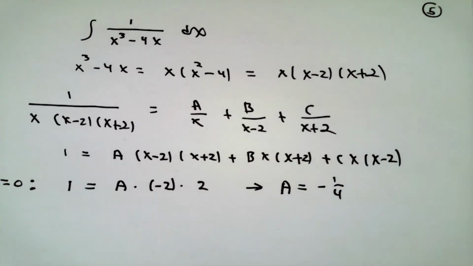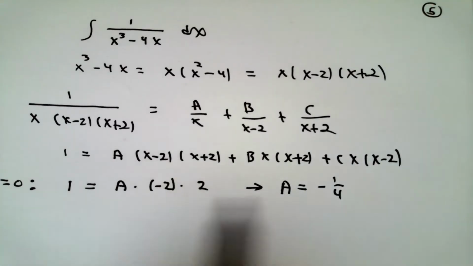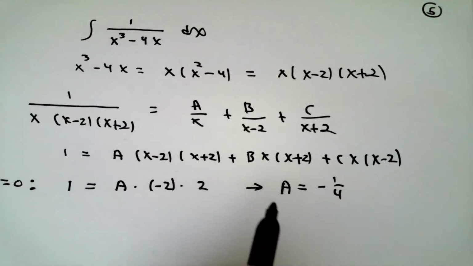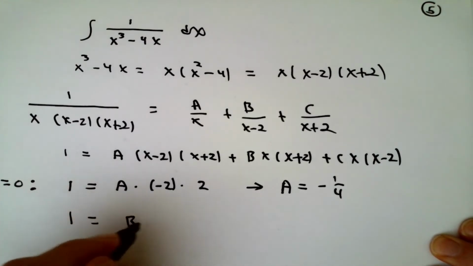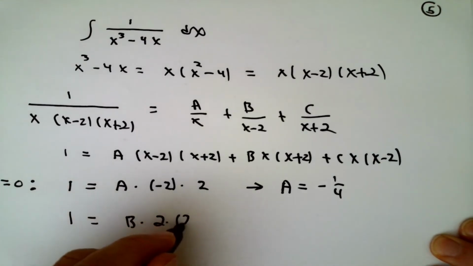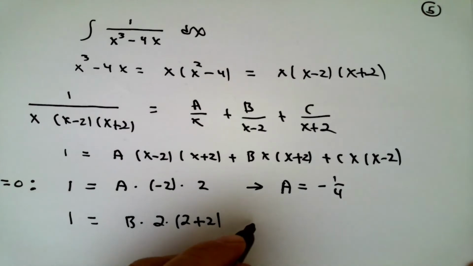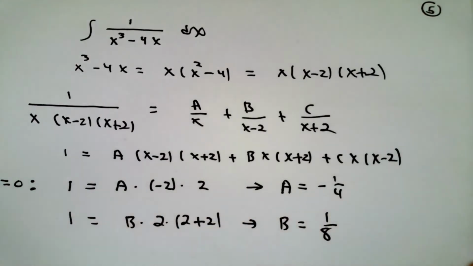If x is equal to 2, then this term is 0, that term is 0, the middle term is b times 2 times 2 plus 2. 4 times 2 is 8. This tells me that the b must be 1/8, and